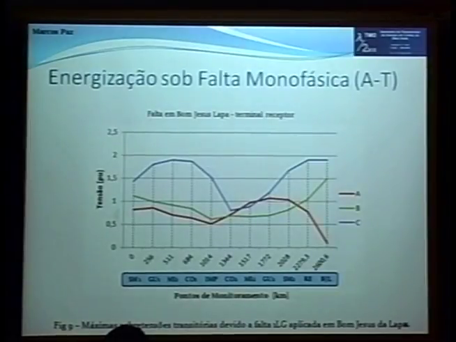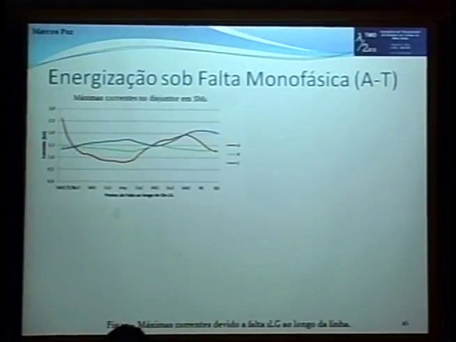And in this case, it is presenting a maximum overvoltage below 2 PU because it is being limited by the surge arresters which are present in the line. This would be the maximum currents in the circuit breaker in Serra da Mesa. So the current seen from the circuit breaker is maximum for the fault point, the terminal near the circuit breaker. As the fault is dislocated throughout the line, the current decreases, and when we reach about half the line,